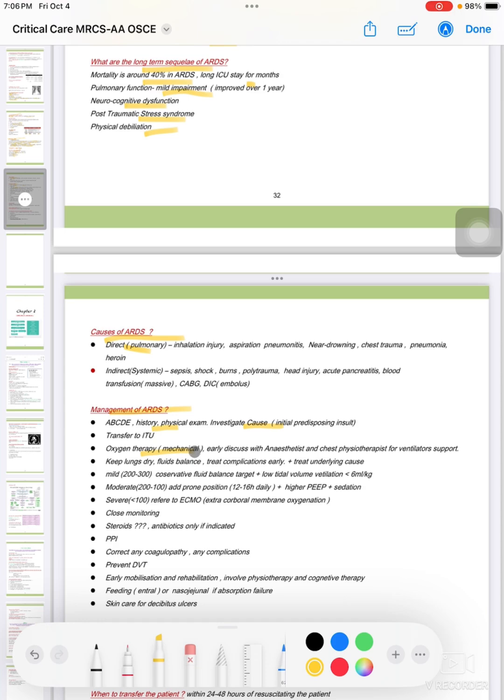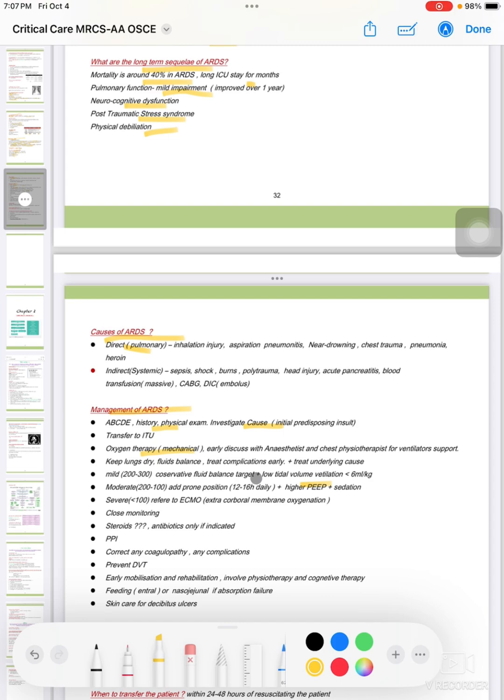It is not high, moderate positive end expiratory pressure is given, because this will prevent lung injury and improve oxygenation, and patients should be positioned in prone position,